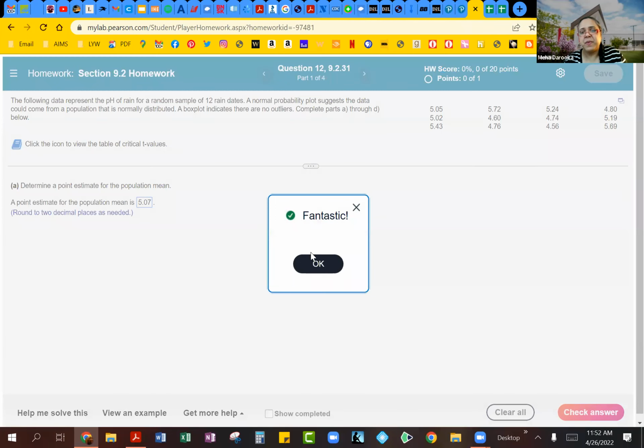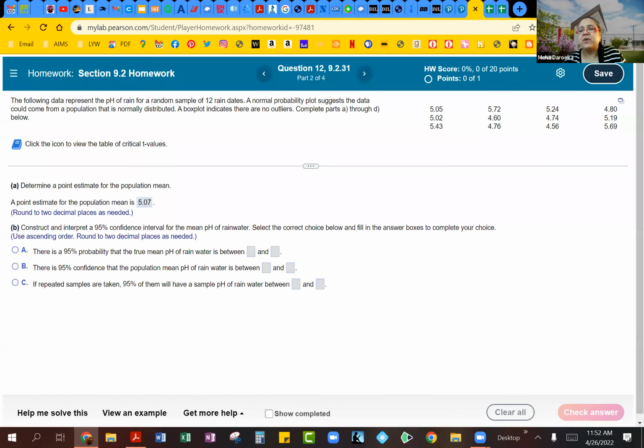And one thing you should pay attention to is because you had the raw data here for the point estimate, we actually did the average calculation. In the previous section, for the point estimate, you just divided X by N, right? Because that was based on a survey. So different approaches when you have different values or data sets you're looking at. So be careful about that. All right, so now they're obviously asking us to construct our 95% confidence interval for the mean pH of water.